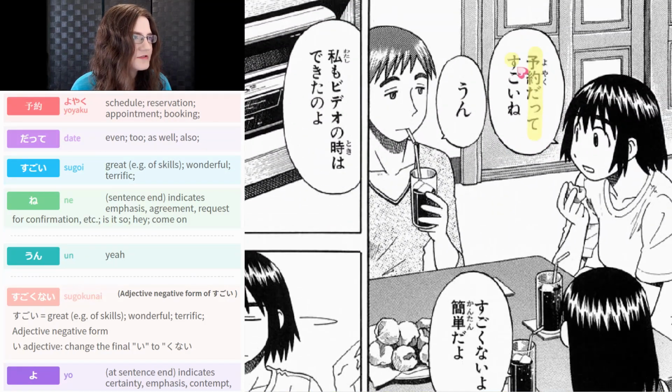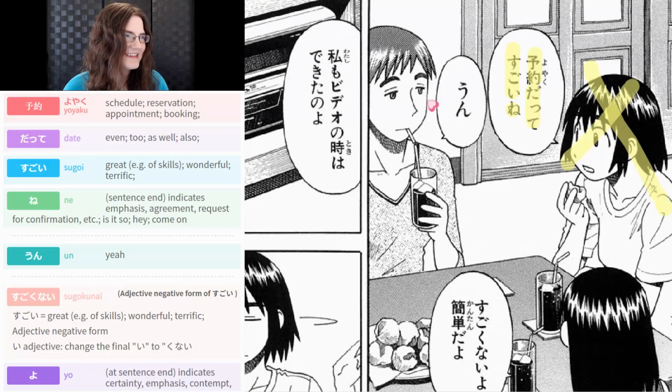Yoyaku datte sugoi ne. So yoyaku again is just like reserve something on your DVR to make that little schedule in there. And then datte is after all, or even, it's like even scheduling. Sugoi, that's amazing. And then ne is right. Isn't that awesome? She can do that? Apparently these two are not very technologically inclined, because mom is like, yeah, it's amazing. Although her face isn't into it, but...